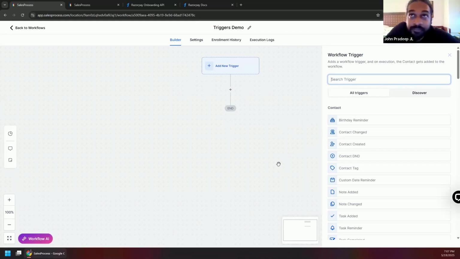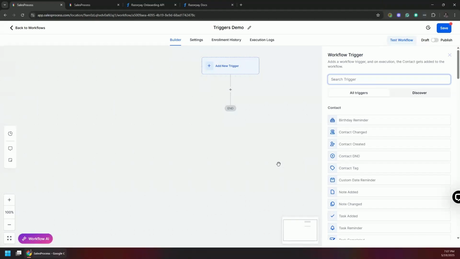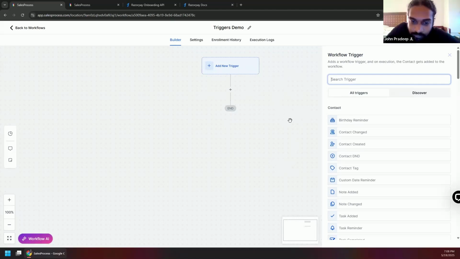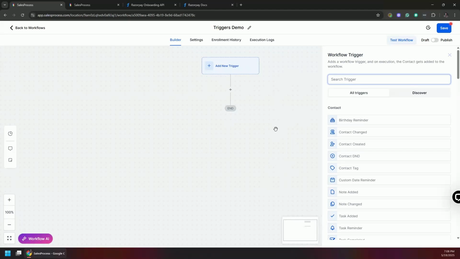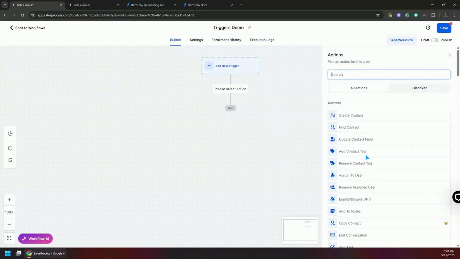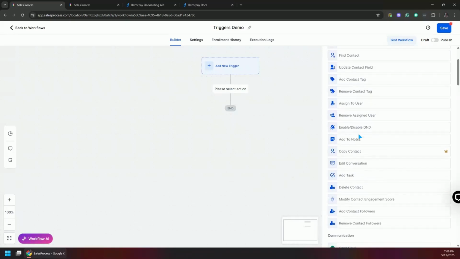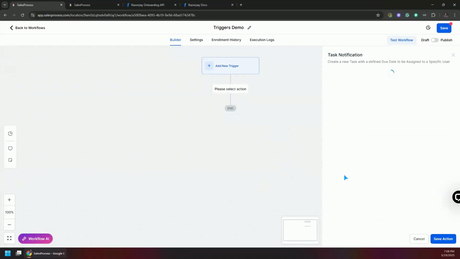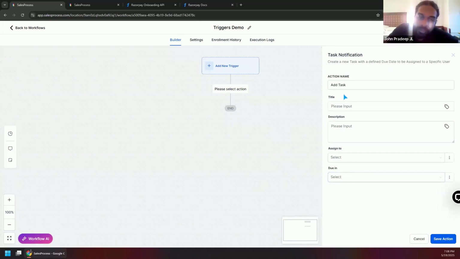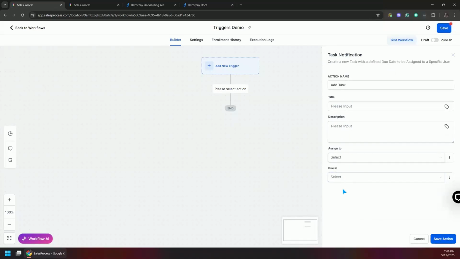For example, conduct a club meeting, send a reminder for this week's meeting. What happens is you would create the task for each and every contact. Because there would be more than a few contacts, you will create an action in here, task create. You will create the task from here, add a task. First thing first, you will mass assign to the contacts, to whoever you are assigning to different teams, and